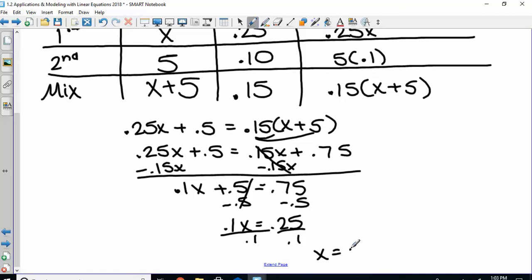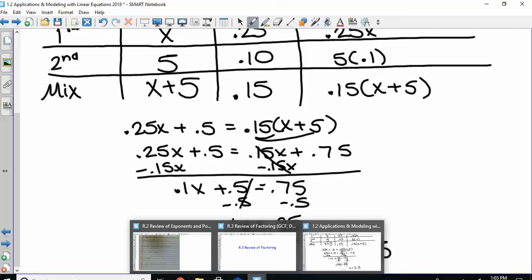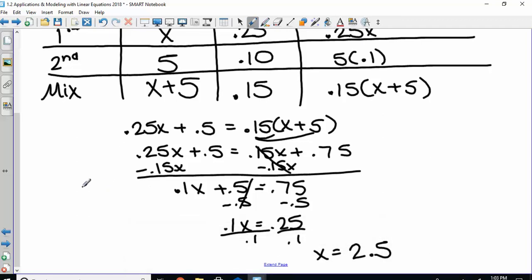And you get x equals 2.5. Everybody get that? So the question was, how much of the 25% solution